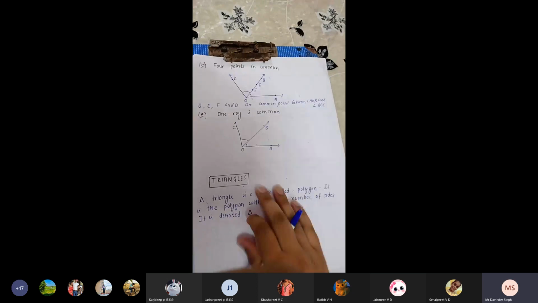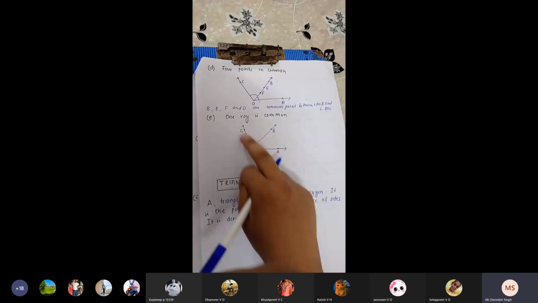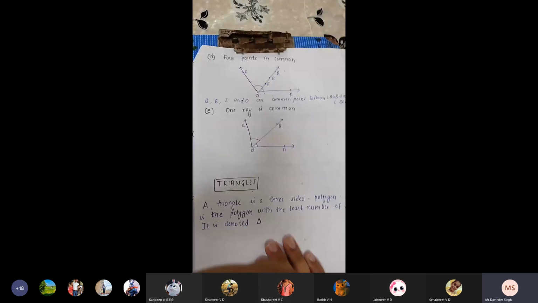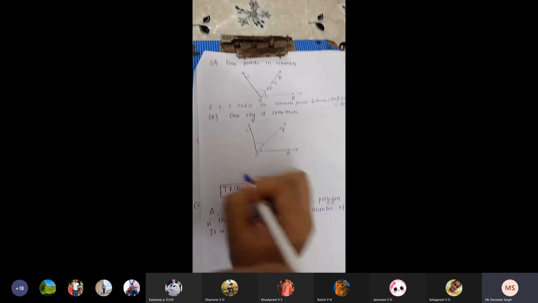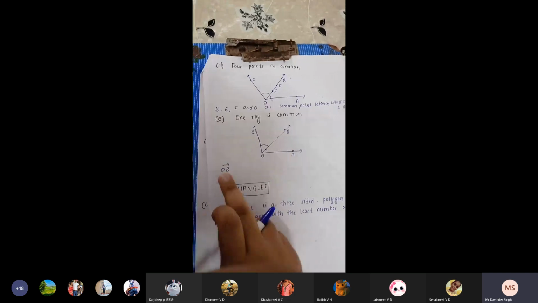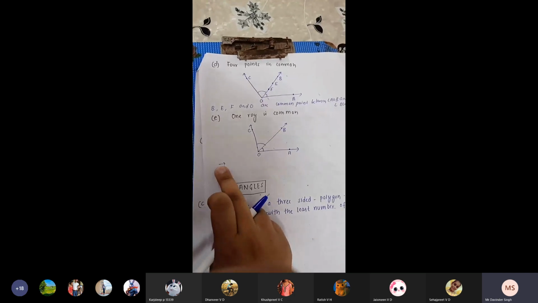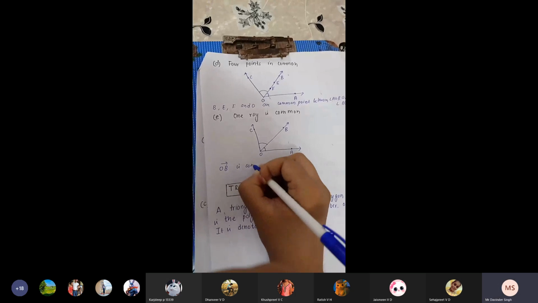So can you tell me which is the common ray between these two angles? Anybody? OB. Yes. So here you can see the ray OB. For a ray, we have to put the symbol of a single sided arrow. So ray OB is common